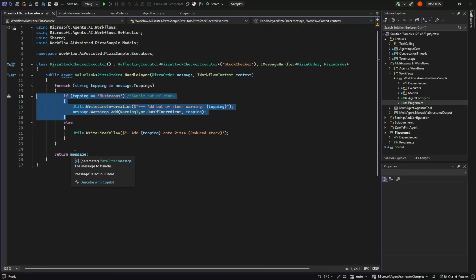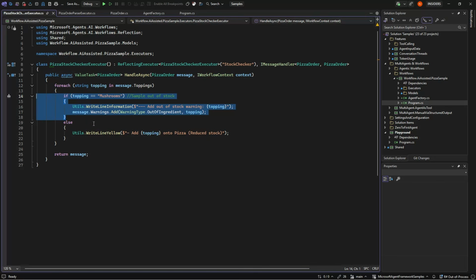In real life, we would of course have some code here, or maybe even an agent that could figure out if it said the word mushroom or mushrooms or some kind of shiitake mushroom or whatever. So an AI could help us find the right topping just based on text.